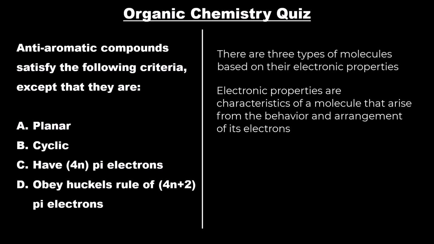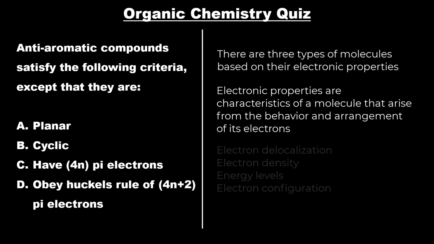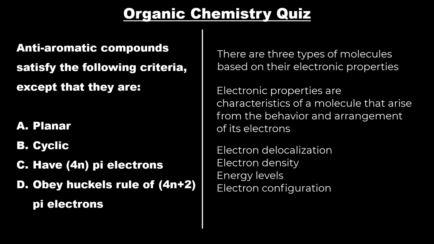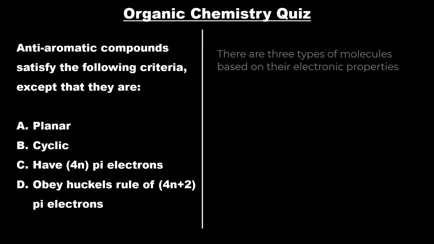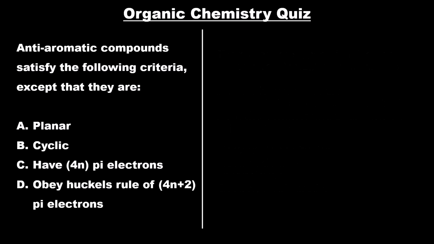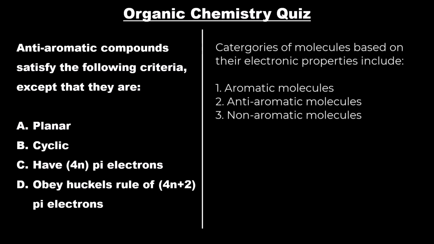These electronic properties include electron delocalization, electron density, energy levels, and electron configuration. So the categories under which these molecules can be put are either being aromatic, anti-aromatic, or non-aromatic molecules. But with respect to this particular question, we'll only be paying attention to the first two, aromatic molecules